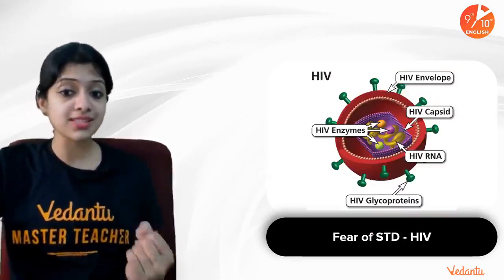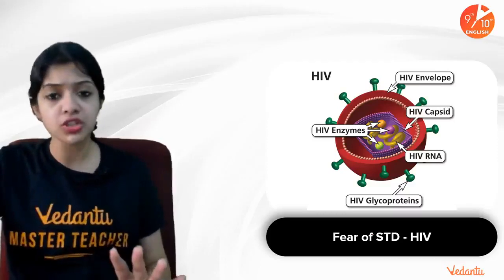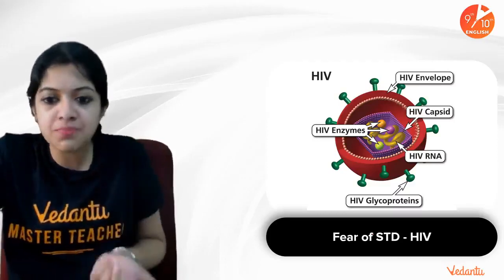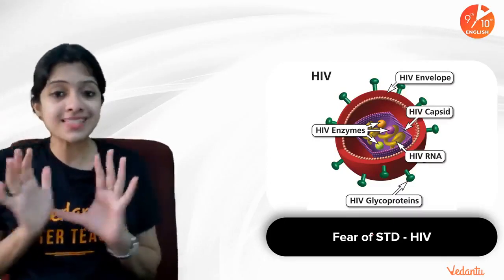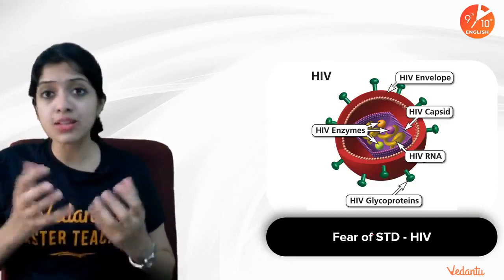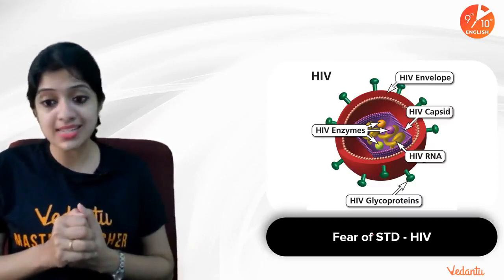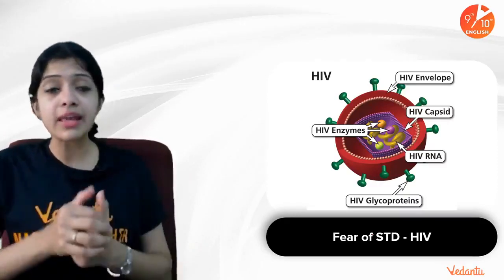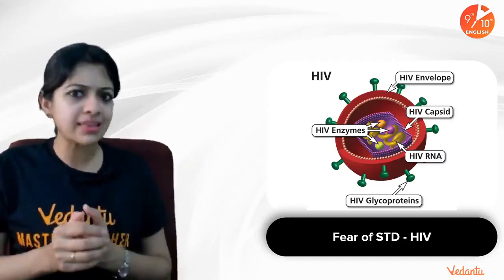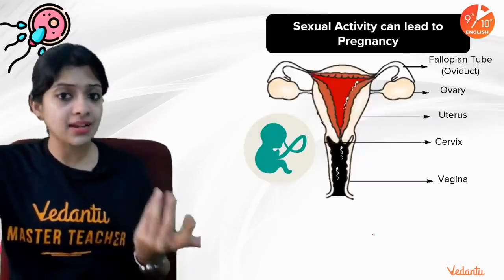Look at this, HIV, this is the structure of HIV. And people fear this virus so much that, even just because of this fear, many people stay away from sexual acts. A good majority of the world's population is very scared of sexually transmitted diseases as well, because you never know. Externally, a person may look very, very healthy, but this may not be the case with that person's internal health. So this is it. So many things need to be considered.